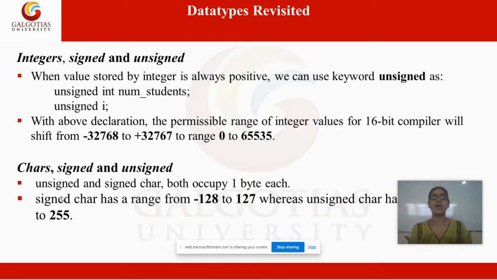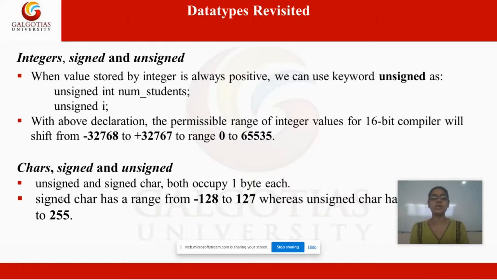But if I have an operation where I'm trying to count something, there I will never need a negative number because count cannot go into negative side. There I can declare my counter to be of unsigned type so that the range is only towards the positive. So when values stored by integer, we want it to be always positive, right?